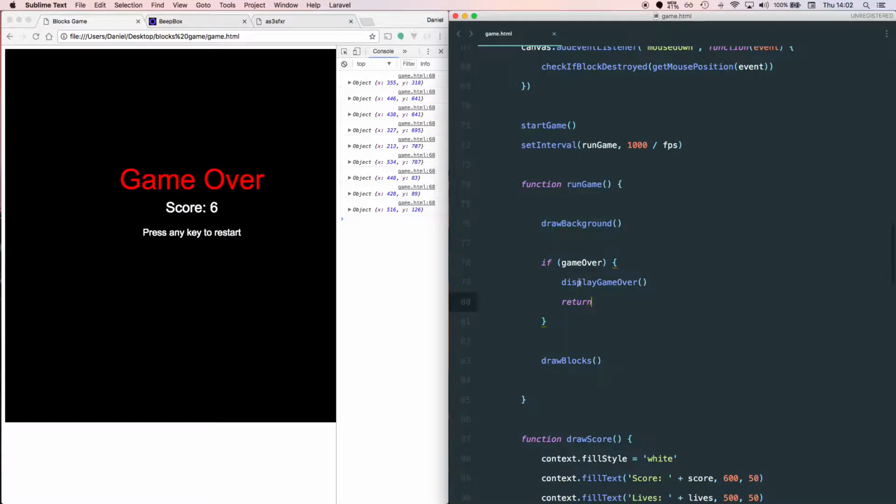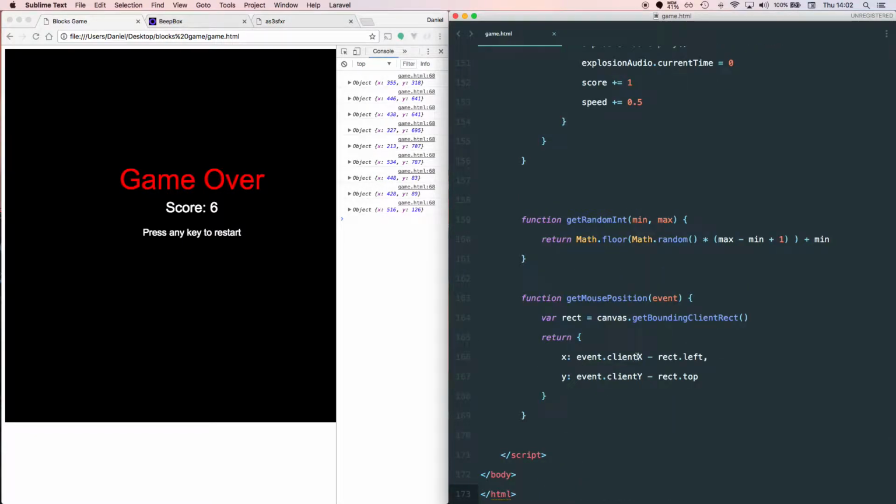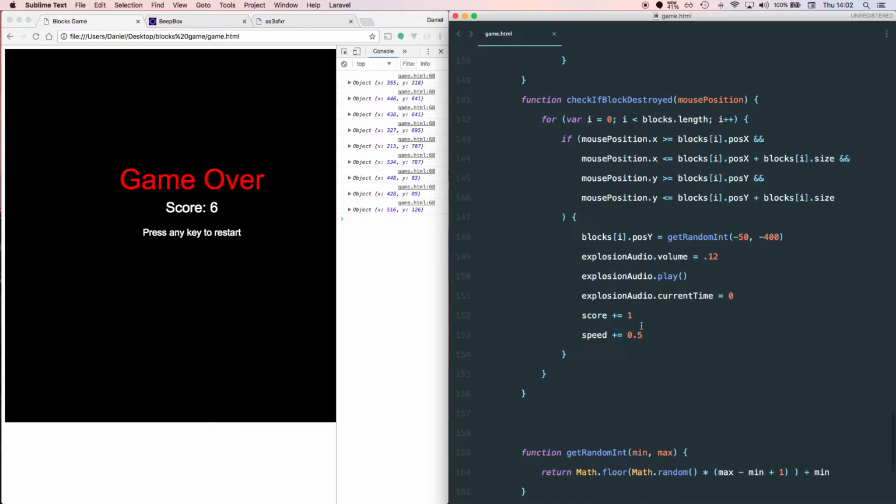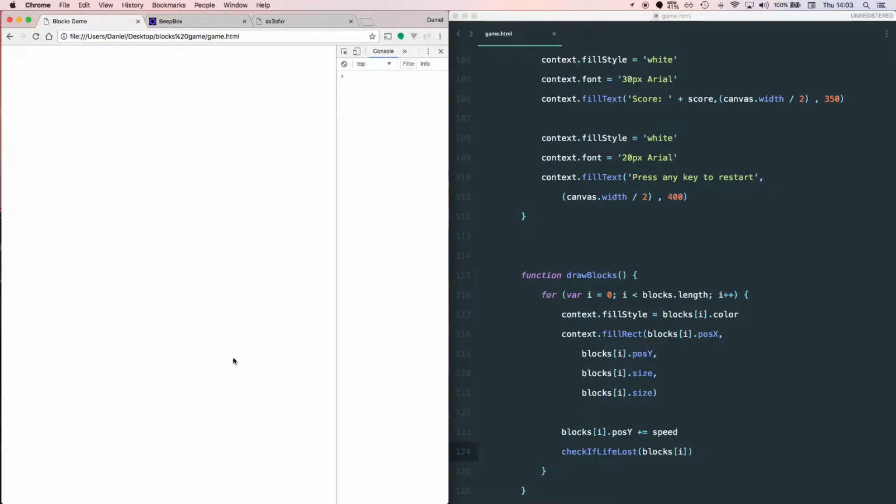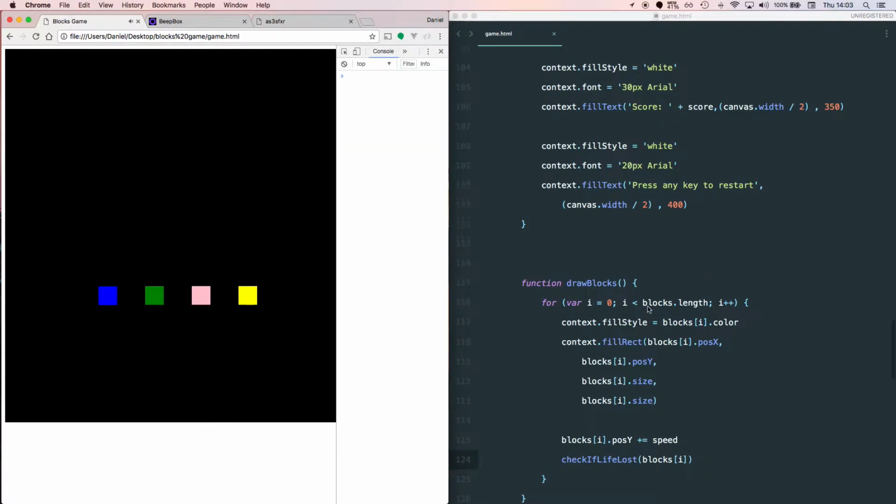We draw the background. If the game is over, we display the game over and return. Otherwise, we draw the blocks. And if we go to draw blocks, we can see what happens there. Cool, and now